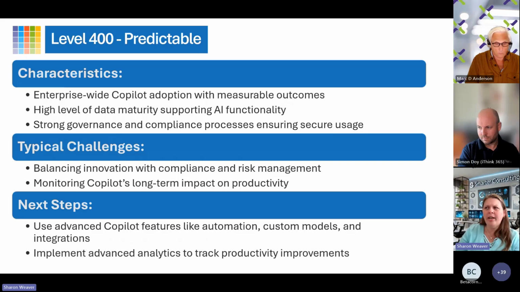Once you're at a 400, most 400 companies that I'm seeing across the board are like, okay, we're going to buy licenses, we're going to push this out. We've already got governance processes in place. We already know what we're doing. Maybe we're not 100% in the know, but we know that our processes, our policies, our data governance, for the most part, can support laying this over the top. So we feel pretty confident about doing it.